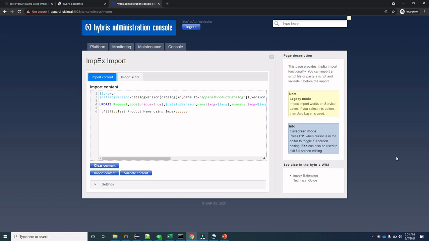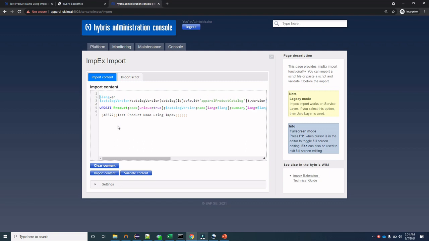Now if you want to put comments in the impex, then you can put them in this way. Wherever you want, just put this hash sign, and that part will be commented out.